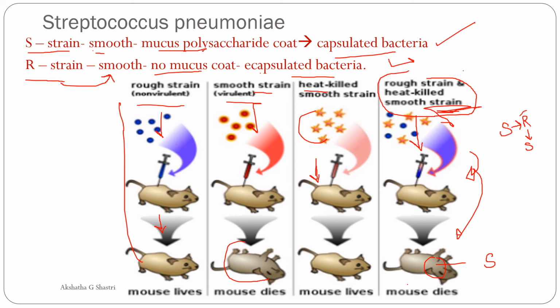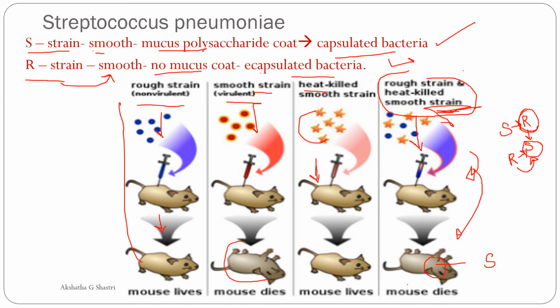the smooth polysaccharide, and this became the virulent S strain. That is, R strain is converted into S strain. This transformation of R into S is due to the transfer of genetic material. So this transformation of R into S is due to the transfer of the genetic material,